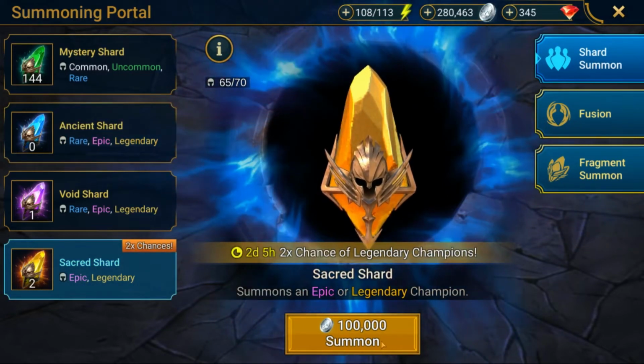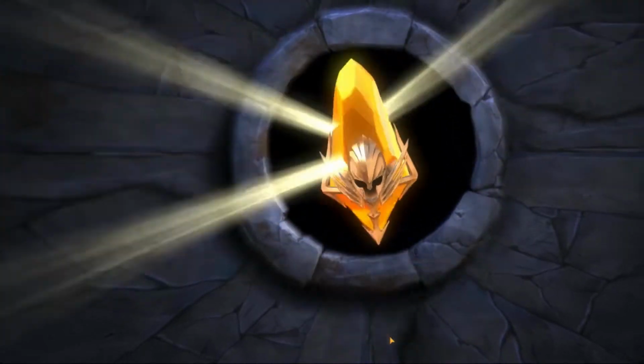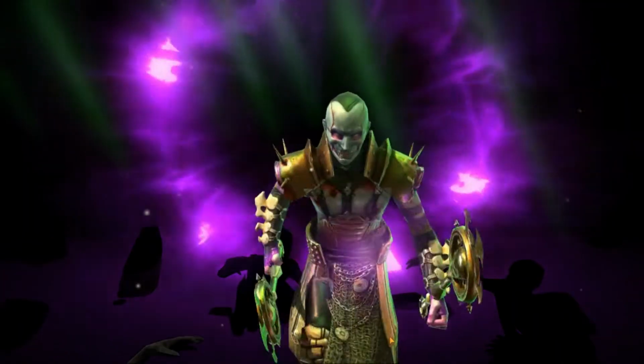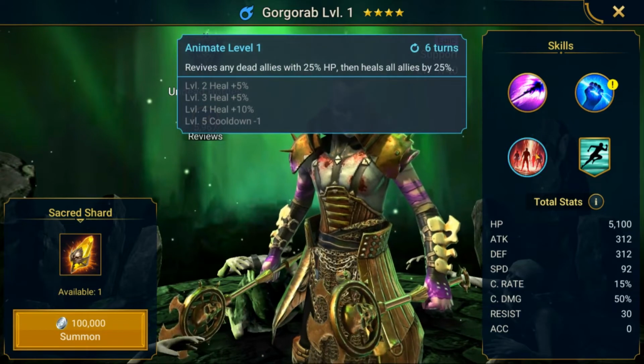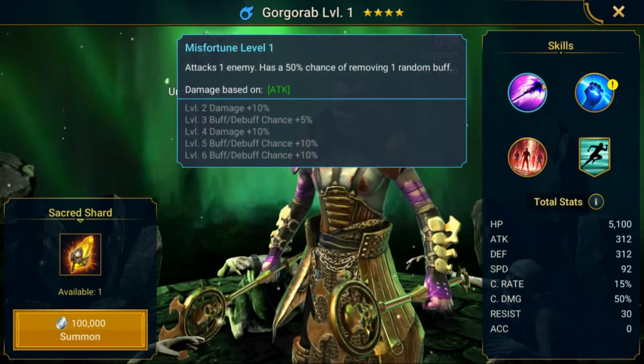So let's do our 2 sacreds and then we'll call it a day. So sacred number 1, and then we'll go on my main account and we'll do sacreds there. So we end up getting a Gorgorob. That's really nice to have on this account, man. Gorgorob, really nice. So we get ally speed and arena 23%, which is nice, as well as attacks one enemy,